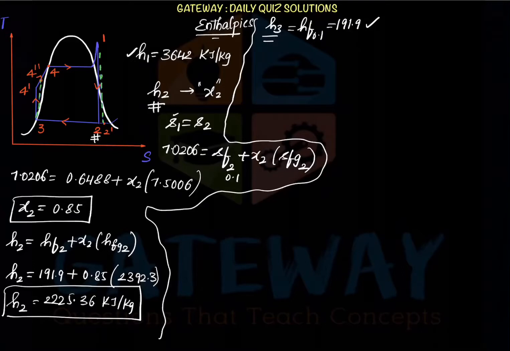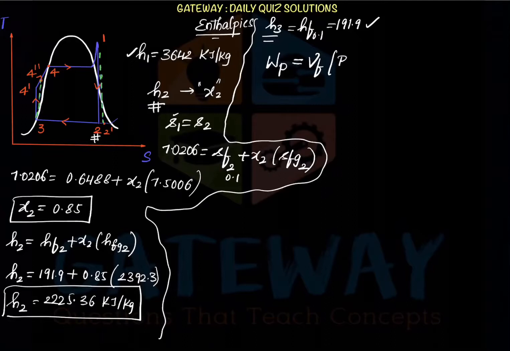And now we need to calculate H4. Okay, we need to calculate the value of H4 dash, not H4, H4 dash. H4 is directly known at 80 bar, it is at the saturated liquid line. So we need to calculate H4 dash. For that, we'll use the work done by the pump. The pump is handling the liquid part of the process. So the work done by the pump can be written as, and pump is an open cycle device. So for an open cycle device, the work done is specific volume into change in pressure.